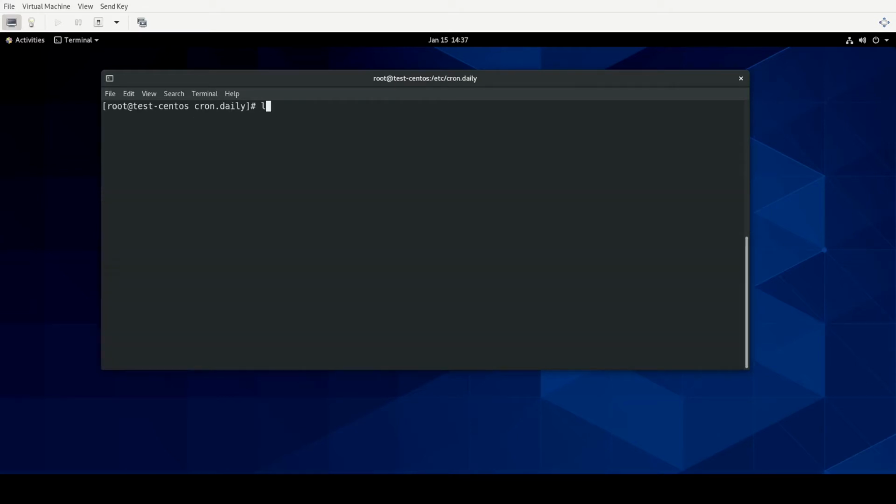Clear our screen and ls, and we see that there is logrotate. Now, notice that this is an executable file. If I were to do ls -l, we have logrotate, permissions are 755. And if we were to vi this,